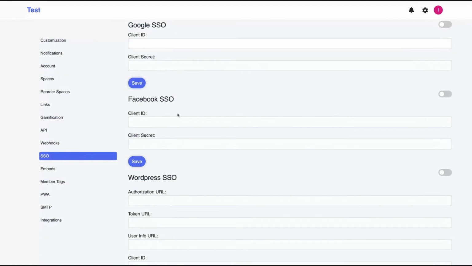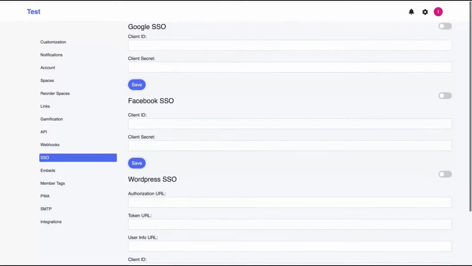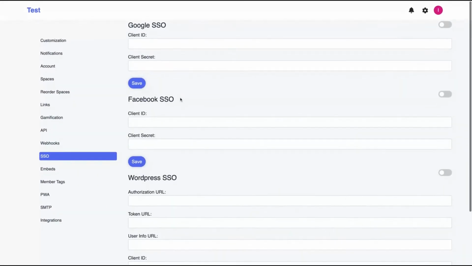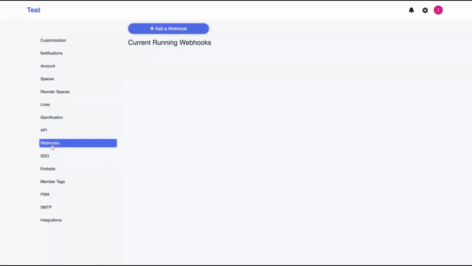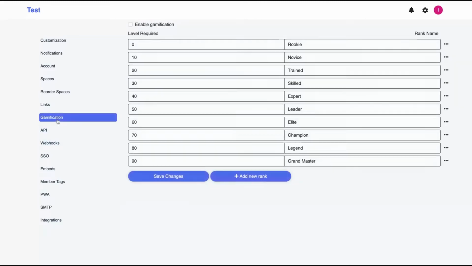Here you can see the SSO feature that would be easier for your users to log in on your community. For community is a feature that's important. To get the SSO, you need at least 5 codes. The webhooks features, you need 5 codes. The API, you need 5 codes.